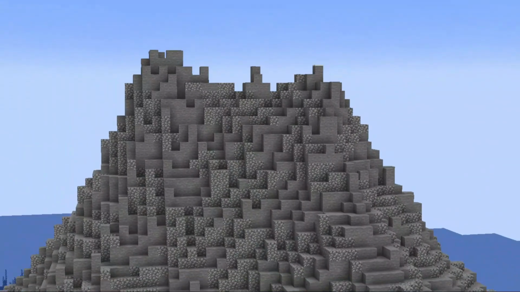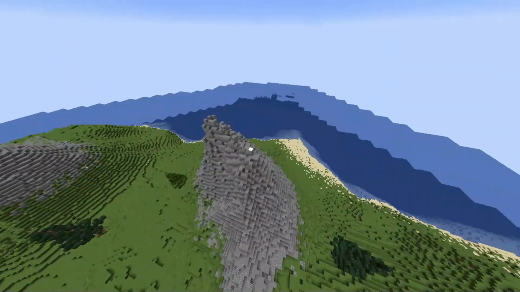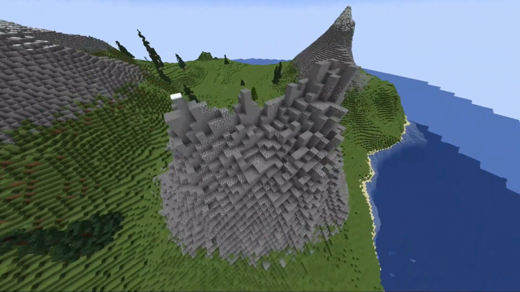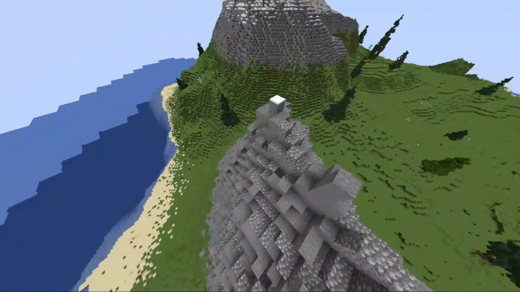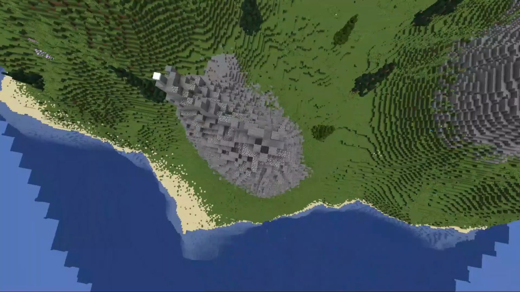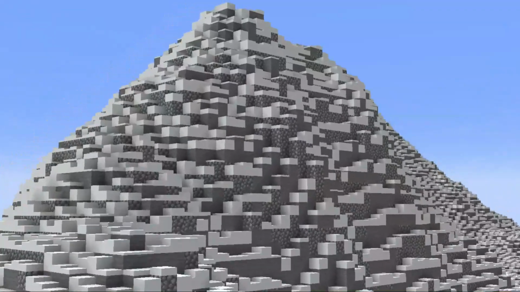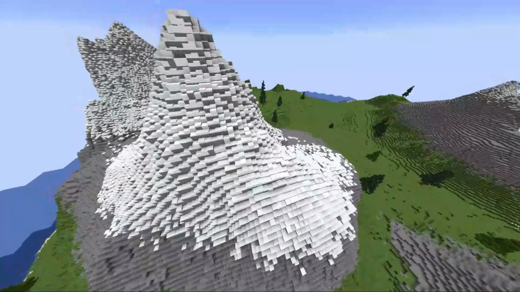This mountain, I don't even know what happened with this mountain. This other mountain's nice, smooth. This one just... I don't know what happened. It looks like someone chopped off part of it. And it looks like someone just spilled some rocks, compared to this, which looks much more beautiful.